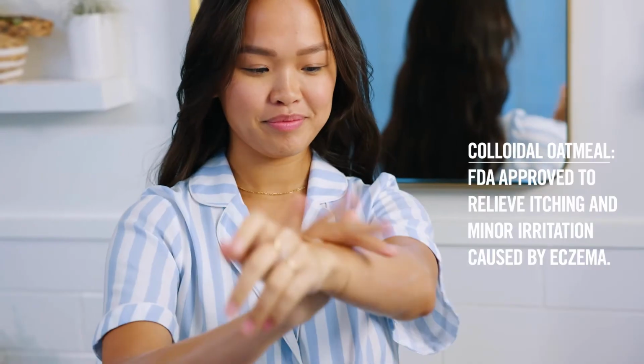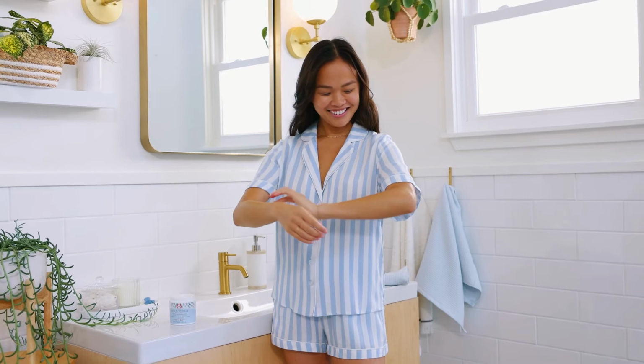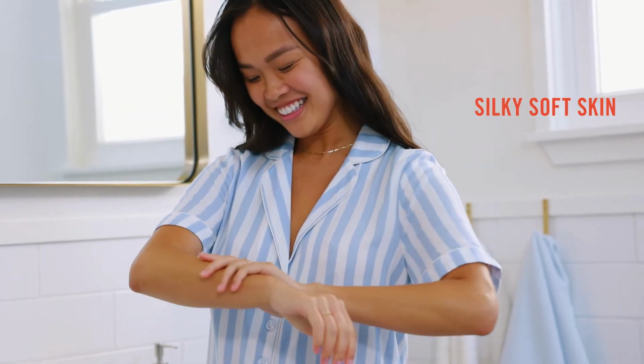It's made with colloidal oatmeal, which is the only FDA-approved over-the-counter ingredient for relieving the symptoms of eczema. But honestly, even if you don't struggle with eczema and you're looking to get silky soft skin, you'll love it too. I've been using the Ultra Repair Cream for years, head to toe, morning and night, and it's truly saved